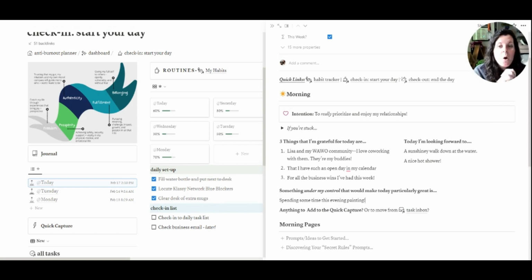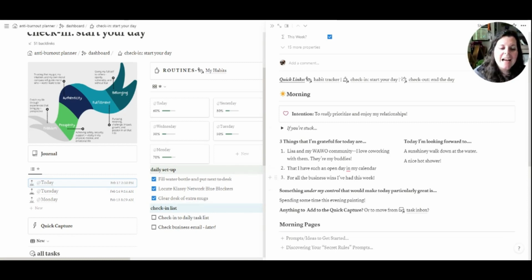For those of you that don't know, I am very much an amateur painter. I got into watercolor during quarantine, and I found it was a lovely new skill. It was very relaxing. Since then, I've gone into other types of painting like gouache, which I've been really enjoying recently. It's a nice way to spend my evening, to create something. It fills that creative cup for me. If that's something you're interested in seeing more of from me, let me know in the comments. And who knows, maybe I will share a painting with you at one point on this channel.